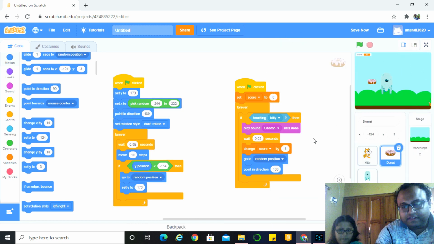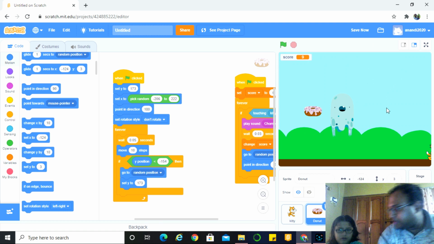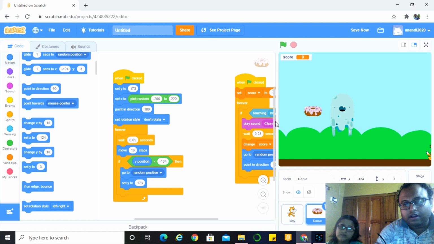Now we need to program the ghost. Now see, almost the ghost will behave the same. The ghost will also come from the sky. It will come randomly. It can come from anywhere. Yes. So the same block will be coded under the ghost, the same block that we have in the donut.